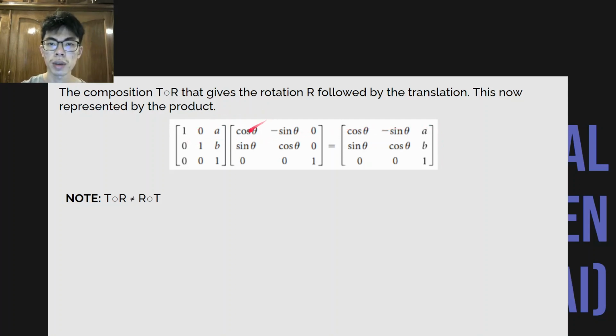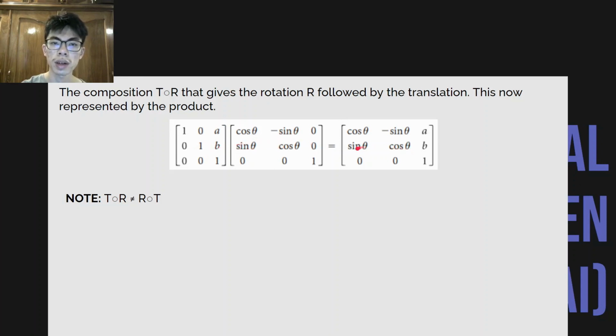Second row: 0 times cos alpha, 1 times sin alpha, b times 0, which gives sin alpha; then 0 times minus sin alpha, 1 times cos alpha, b times 0, which gives cos alpha;